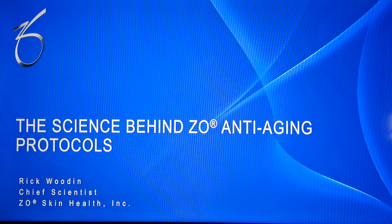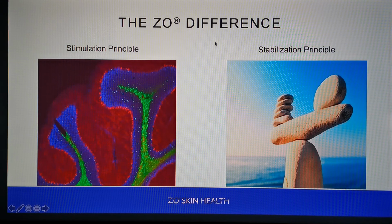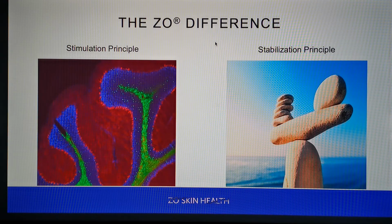So today in our advanced training module, what we're going to do is discuss a series of products. But what I'd like to do first is to overview a general basis behind our innovation principles that really differentiates Zeo Skin Health in the aesthetic space. And this is based on multiple decades of research by Dr. Zainal Baji, who has found that the preferred method of treating skin is through two different principles, one being stimulation